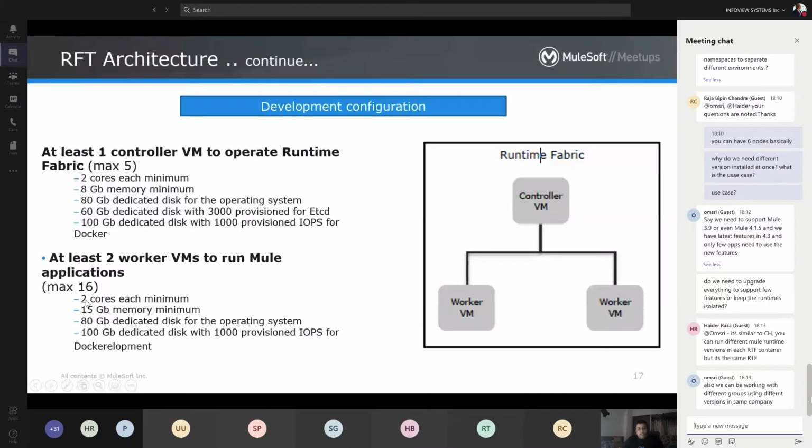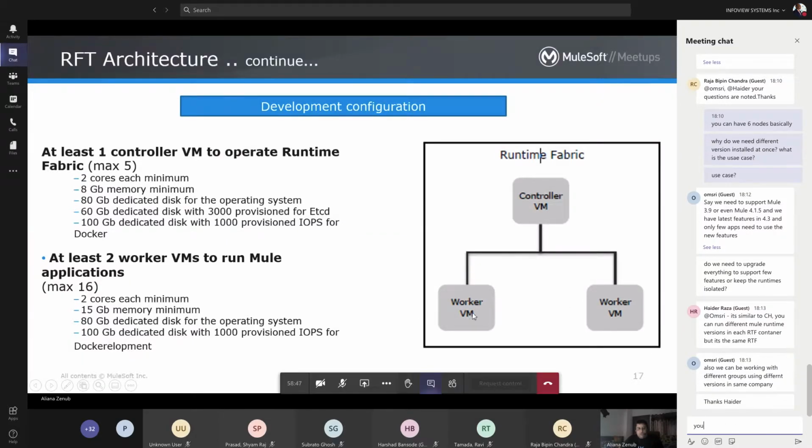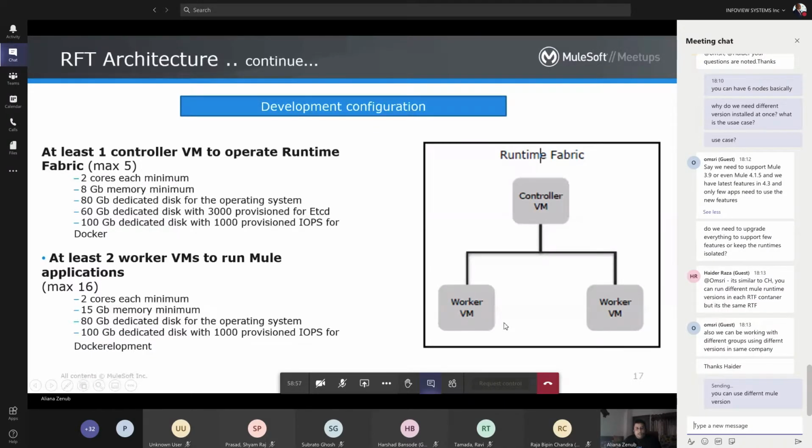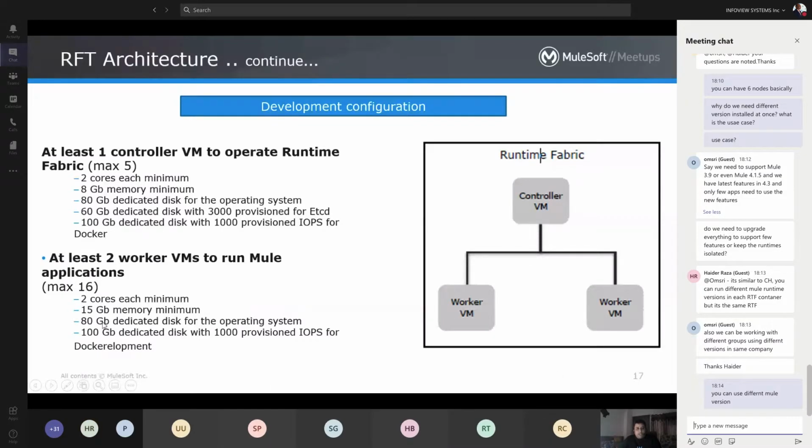We can see 15 GB memory at least, and an 80 to 100 GB dedicated disk needs to be provided. It should not be configured or mounted, but left raw to be used by the Runtime Fabric scripts to configure and deploy while installing Runtime Fabric or adding this server as a worker.